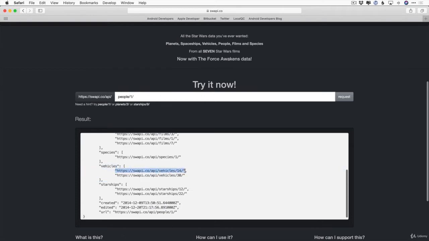He has multiple vehicles. He has vehicles/14 and vehicles/30. Some people are going to have more vehicles, some people less. Some people aren't going to have any vehicles. Same thing with the starships, okay? That's why we had to do that check with our segue buttons to see if the person has any vehicles and starships, all right? So going back to